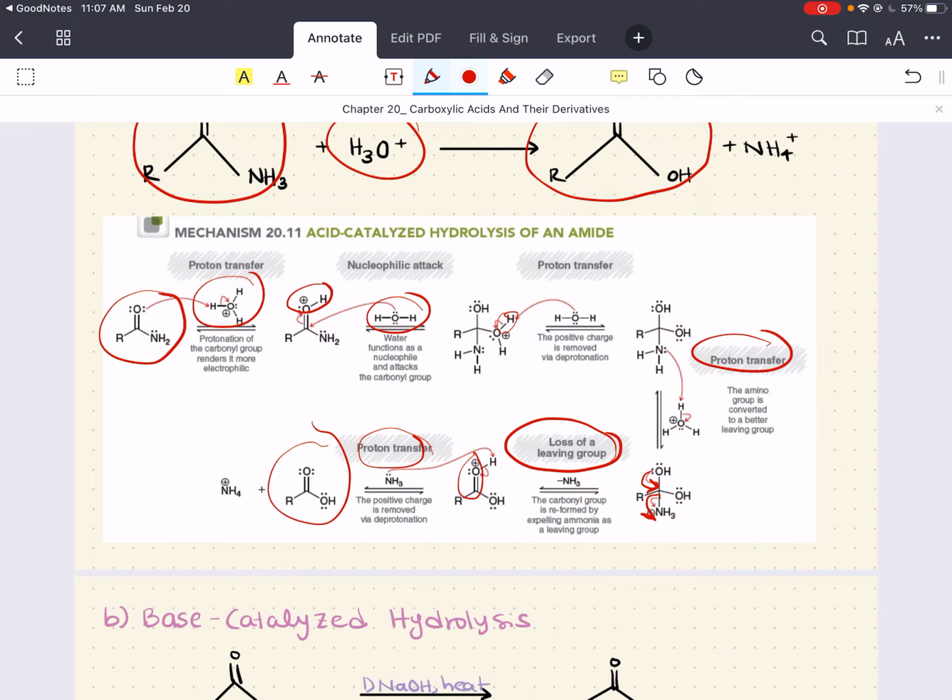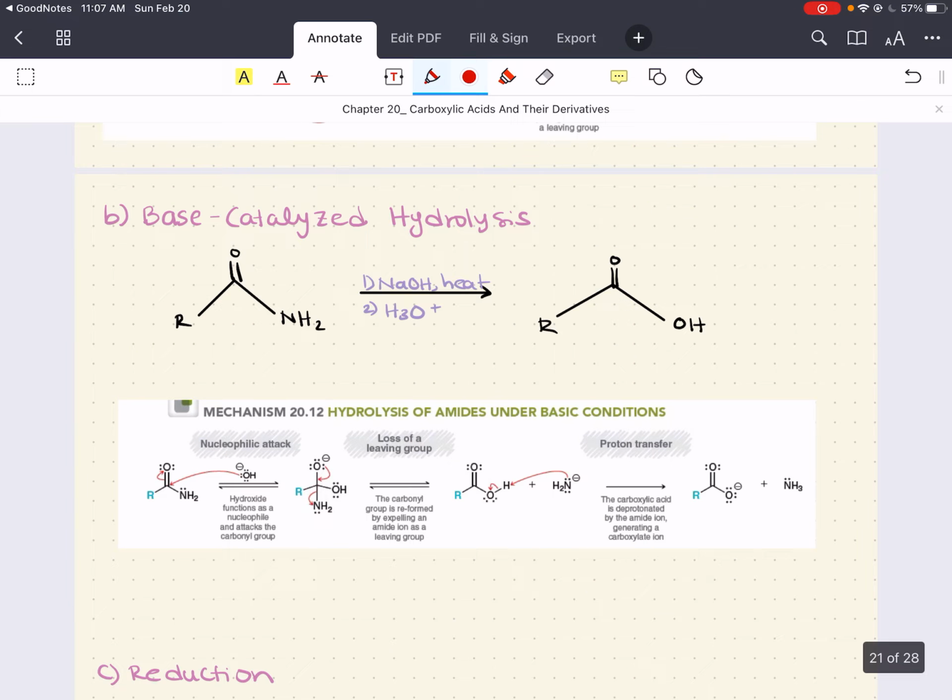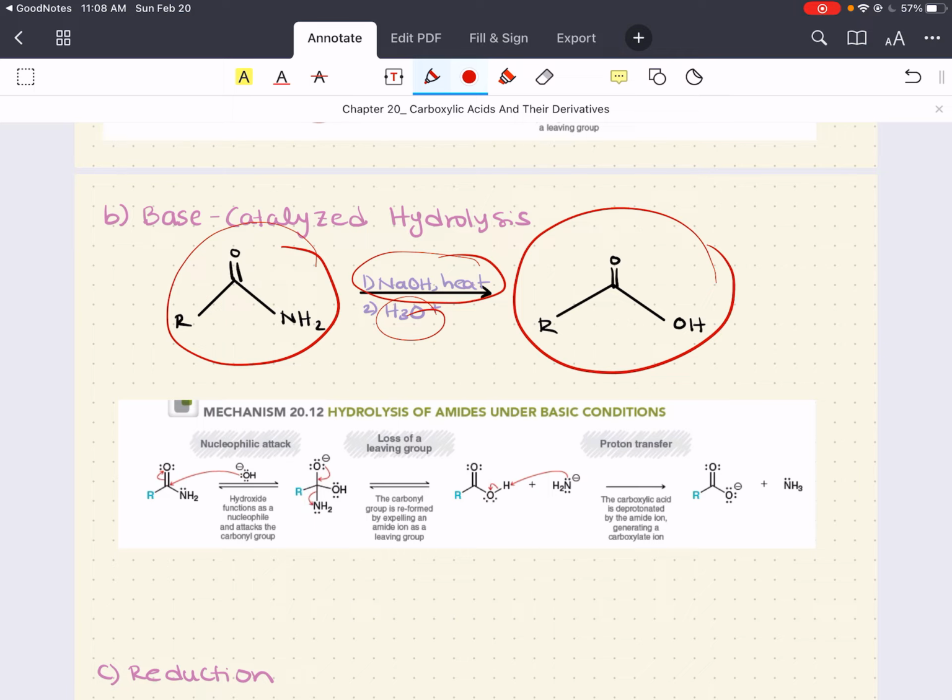Now you can do this process with base catalyzed hydrolysis as well. If you have your amide, you can treat it with sodium hydroxide and heat, and then hydronium, and then what you can do is convert your amide into carboxylic acid, and the mechanism for this